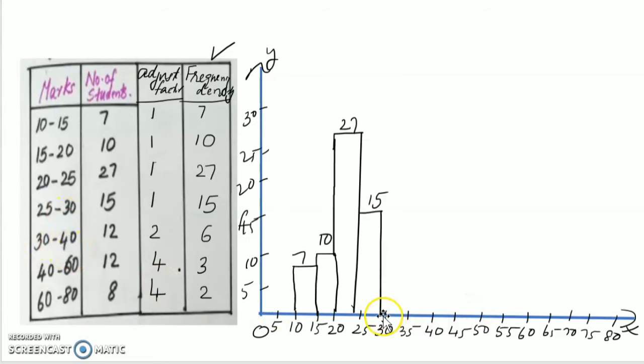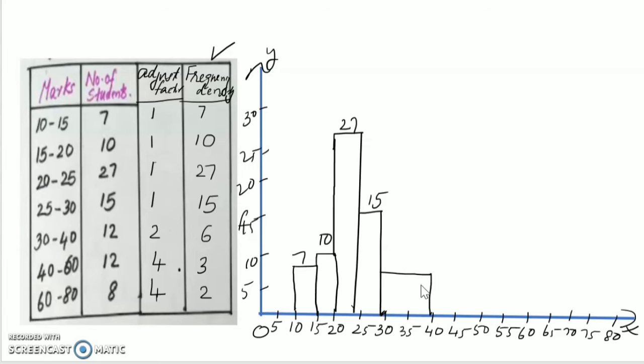So we have to take from 30 to 40. Here the width is different, not 5 units. Okay, 10 units we have to take, and the corresponding frequency is 6. Okay, so here from 30 to 40 we have to mark till 40,